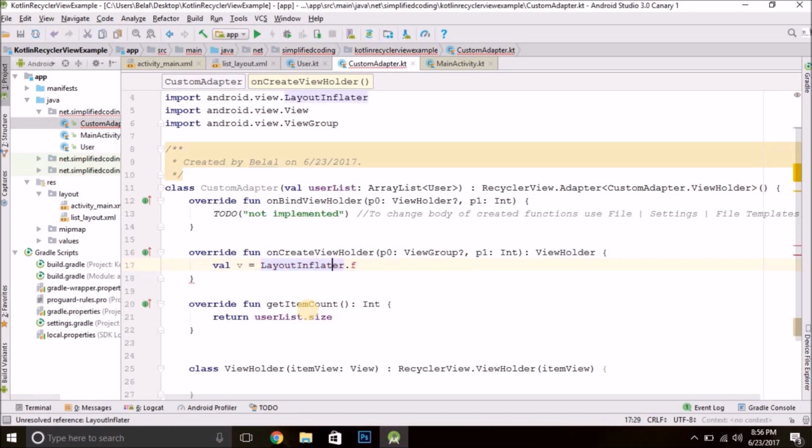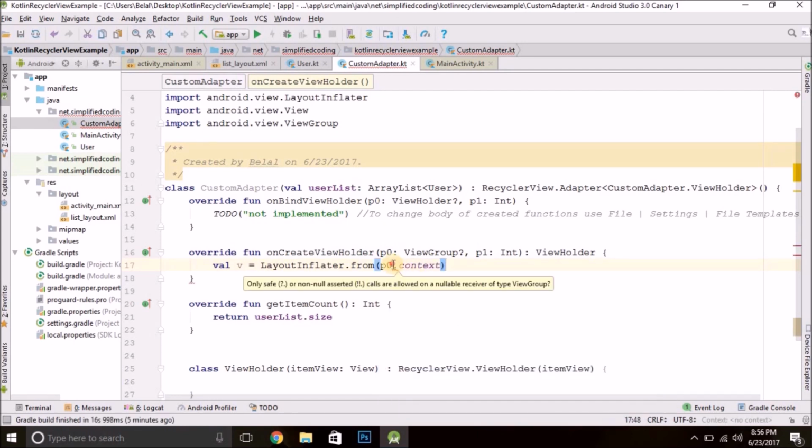First import the LayoutInflater and then from, and we will pass the context, and for the context we will use this view group. So we have p0, so write p0.context.